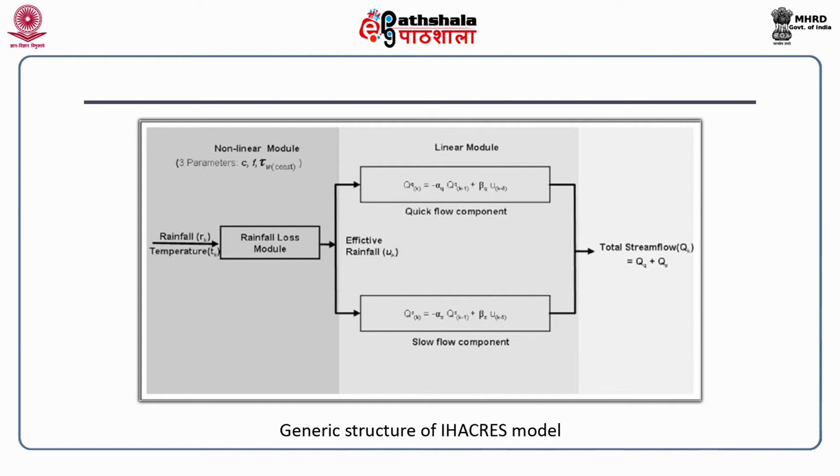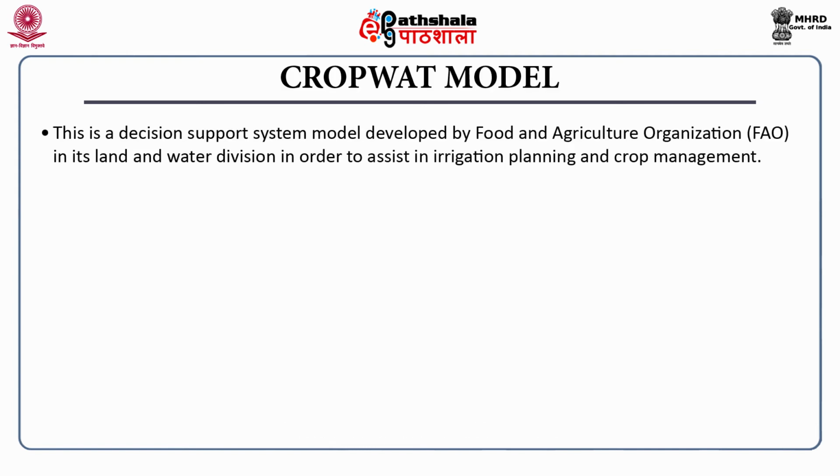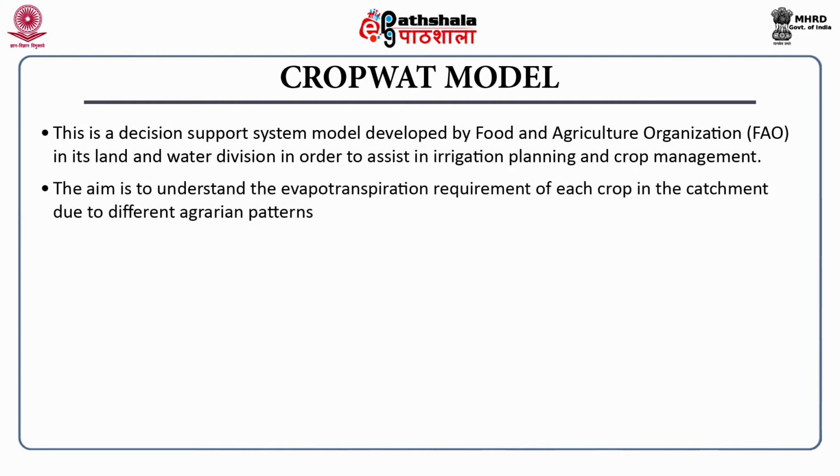In both these cases you saw that it was the runoff that we have tried to get from the catchment, and this runoff can be determined by using one or the other model depending on the kind of information that we want and the kind of information that we have. Now this Kropf-Watt model is again a model used for water planning. We discussed it a little in the previous module. Here we will discuss the mathematical components of this model.